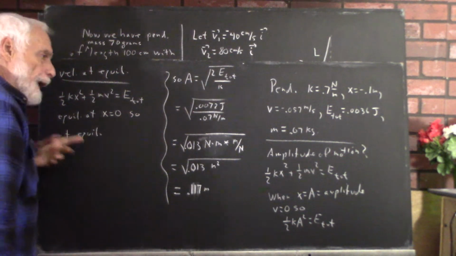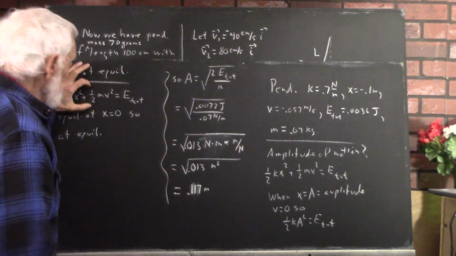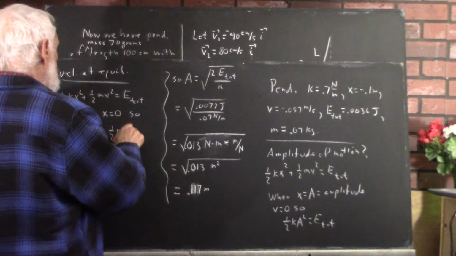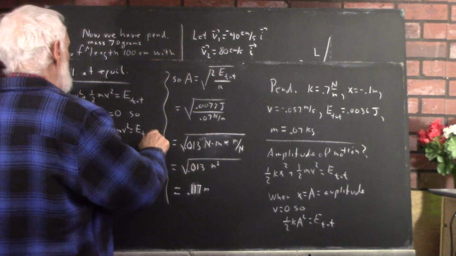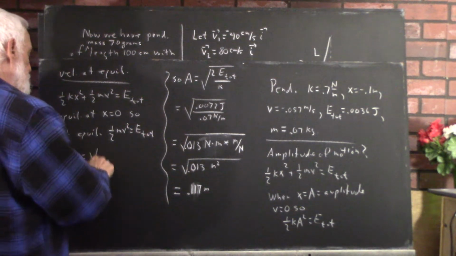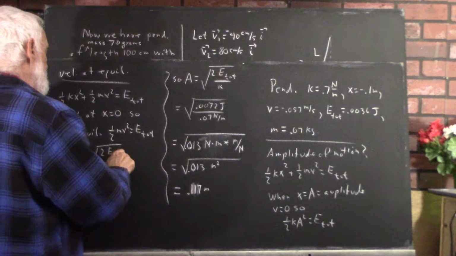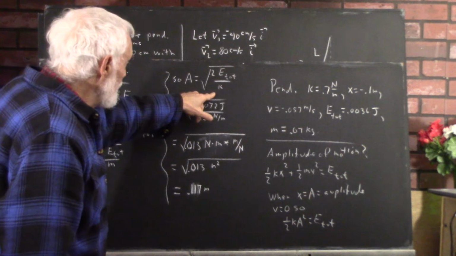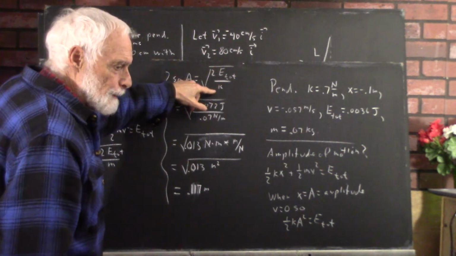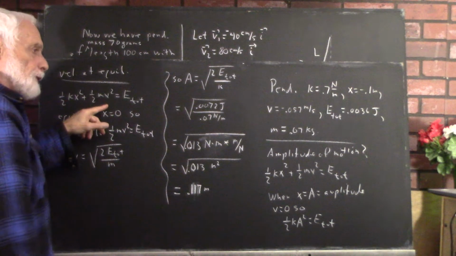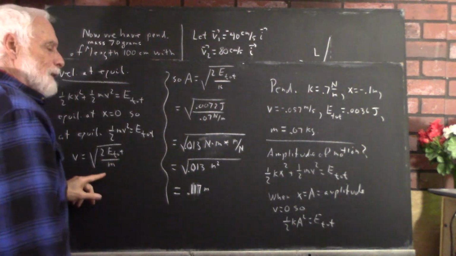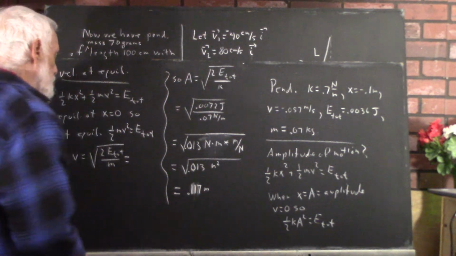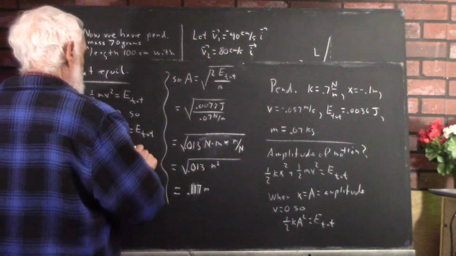It follows that at equilibrium, all your energy is in the kinetic energy because you got 0 here. So 1/2 mv squared equals E total. V equals the square root of 2 E total divided by the mass, which looks a whole lot like this expression, except it's E total divided by K. And look at the similarity in these two expressions and see how this one compares to this one and see why. Just think that through. It's very obvious. Okay? So this is going to be the square root of, let's see if I can do this one right,